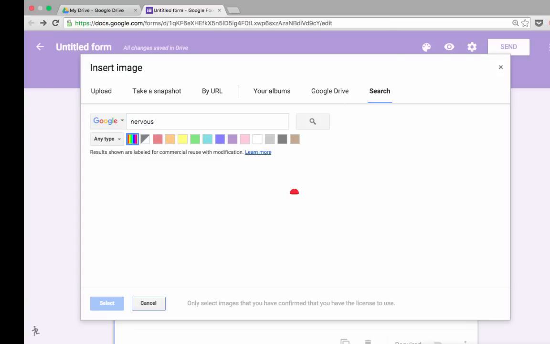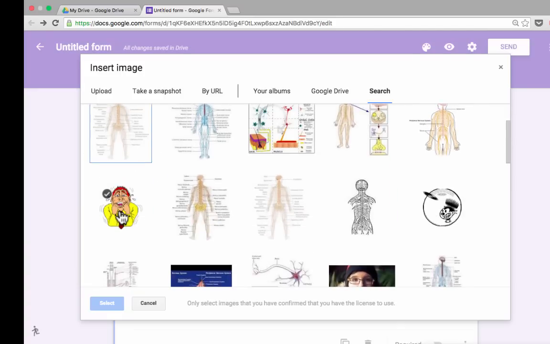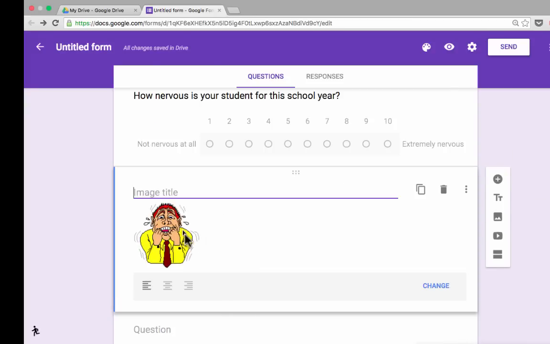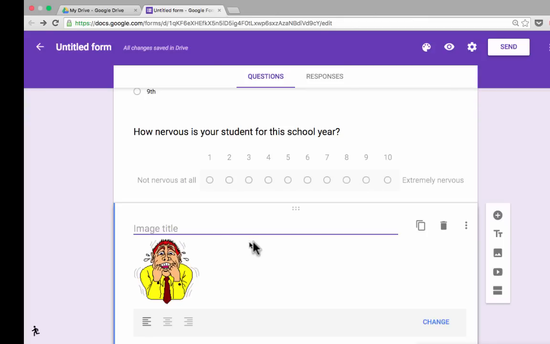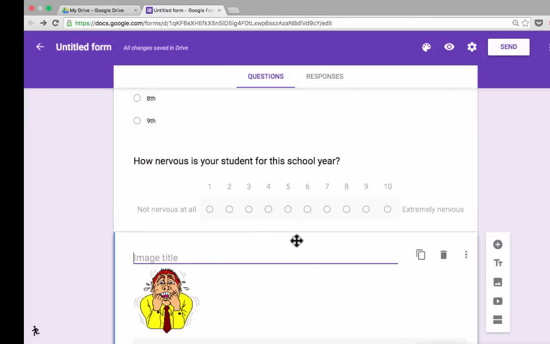So I'll type in nervous and it gives me some pictures, and here's one that's kind of humorous, so I'll click on that one, click select, and now it's putting that picture into my Google form. Now it put it below where I wanted it to be. That's okay. In Google Forms, that sometimes happens, and you can move things where you want them to really be